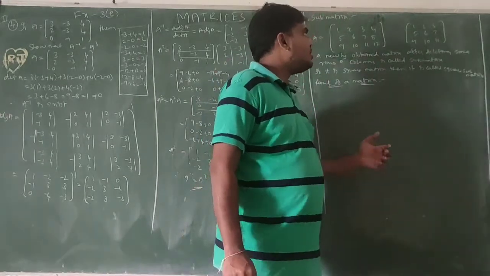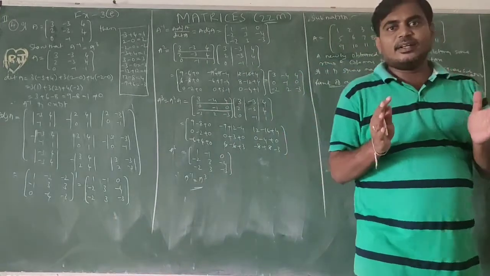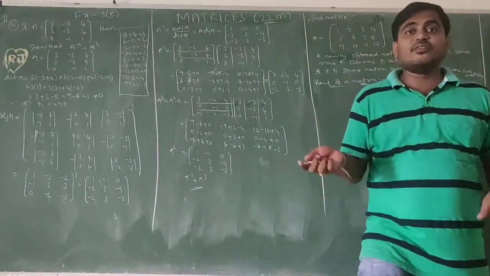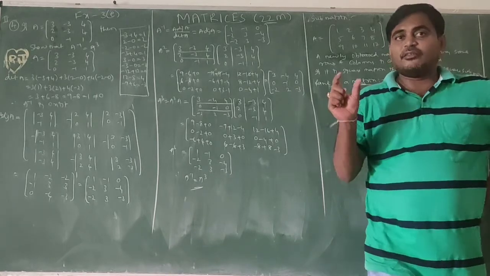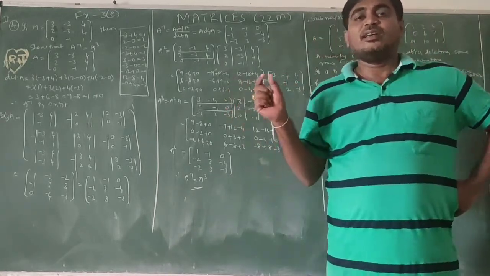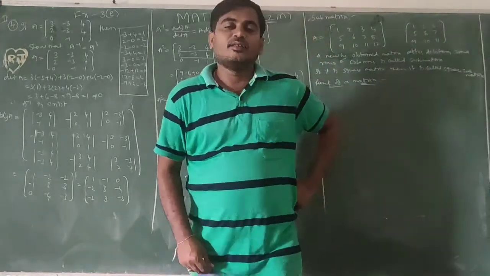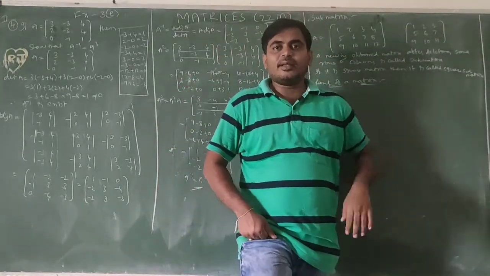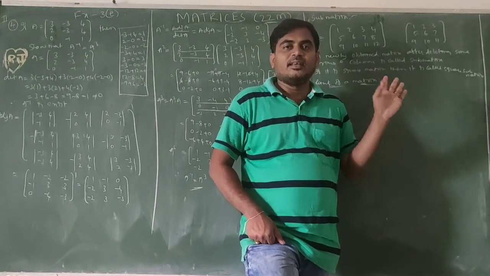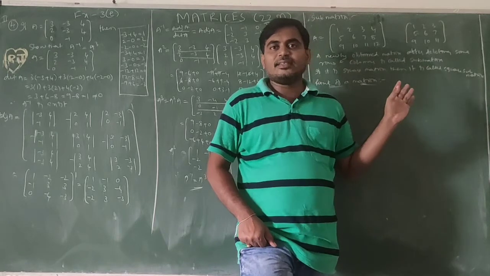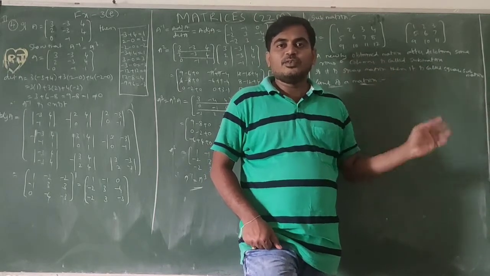So non-singular means determinant not equal to 0. So we are taking all the determinants of square submatrices. Only square submatrices, because singular or non-singular matrices are always square matrices. We are finding determinant only for square matrices. That's why we are taking square submatrices. Among all these submatrices, we should choose the ones whose determinants are not equal to 0.